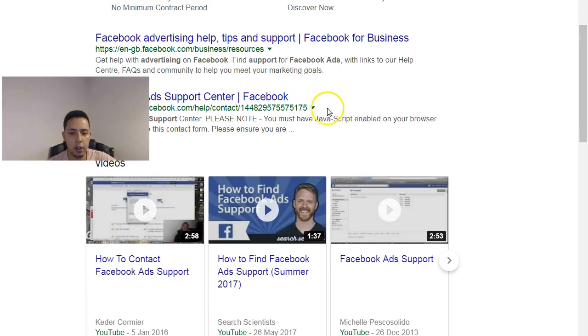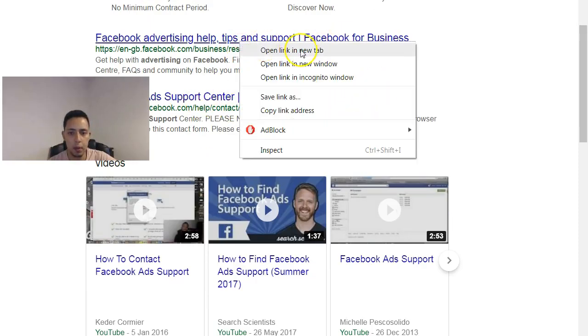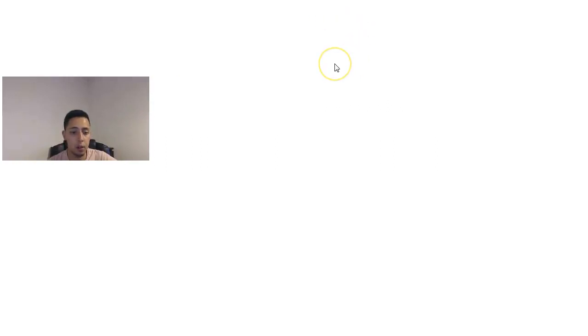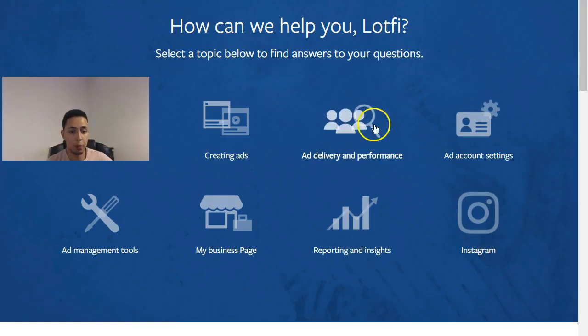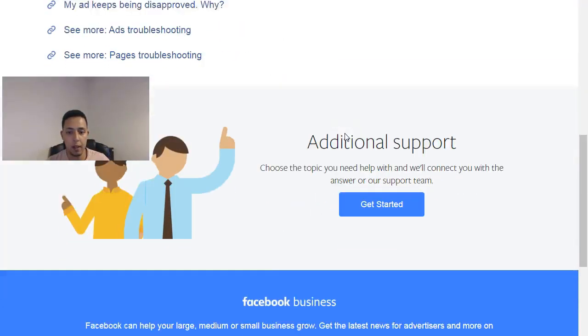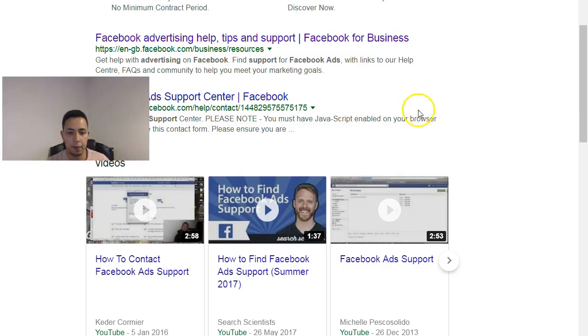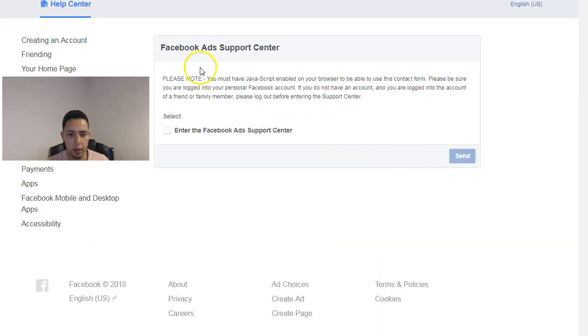And then you can try, if you do have the number, then just call them up just in case you don't get accepted, and you can just ask them like that. Or worst case comes to worst, go to the support section in your personal Facebook profile account and just email them. Yeah, because the thing is, actually look, JavaScript enabled, here we go. So this is the support center,